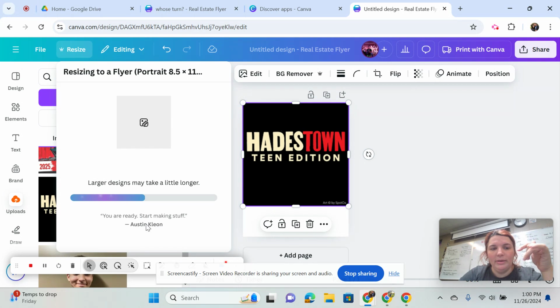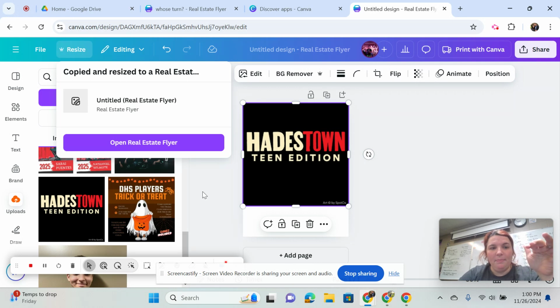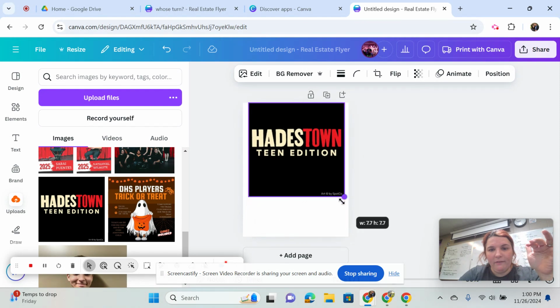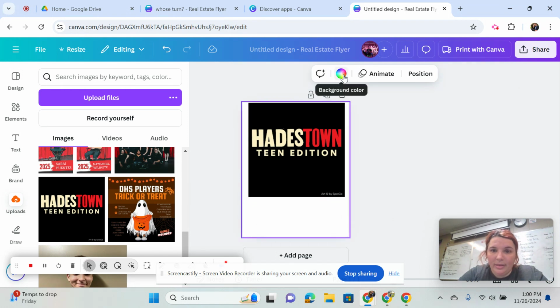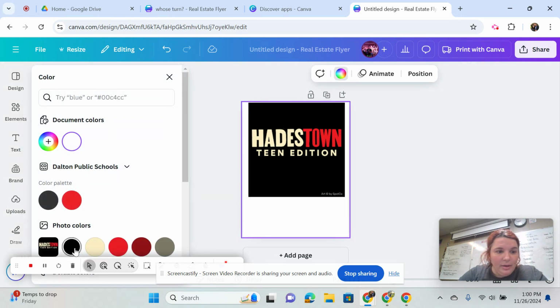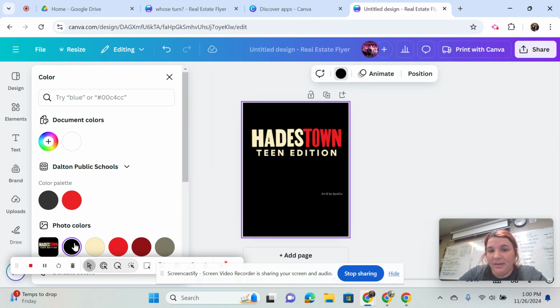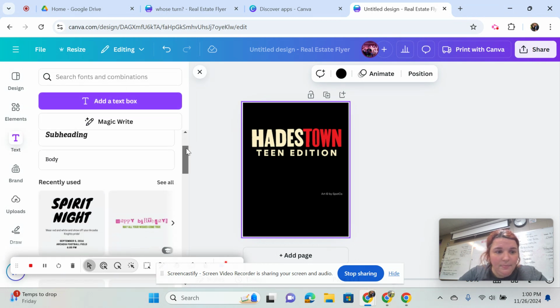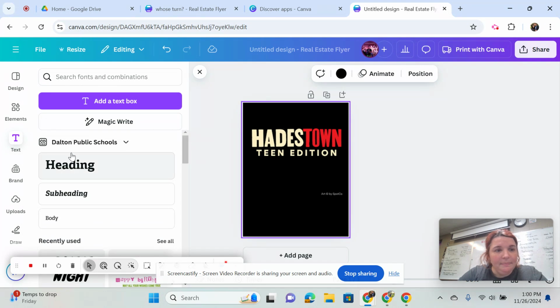If it won't resize, then I'm just going to make it a little bit smaller because that's obviously too big. And then I'll fill in this outside part with the right color. And this automatically tells you the colors that are used in this. So that's pretty simple. And there you go, done. So now all I have to do is go back, create a text box, and put those in wherever I want